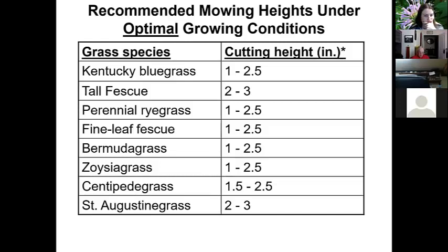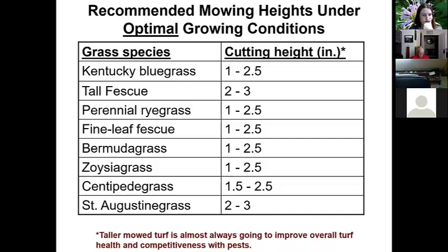And so it's not a finely manicured lawn, and especially if you're on the side of a mountain around here, it's one of the best low input, reduced input grasses that you could possibly have. And in general, anytime that you can mow turf taller, again, within the limitations you have with your mowers, that's simply going to improve its overall turf health and its competitiveness with pests, because you're going to have a deeper